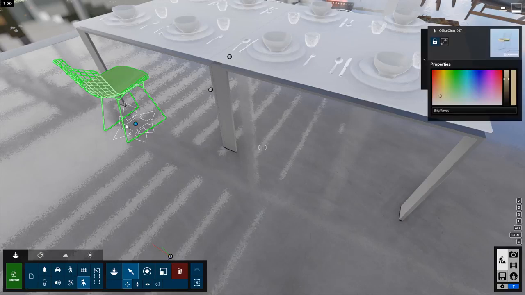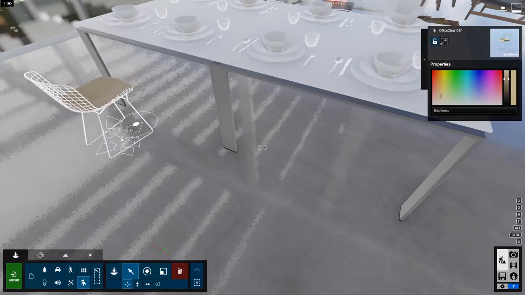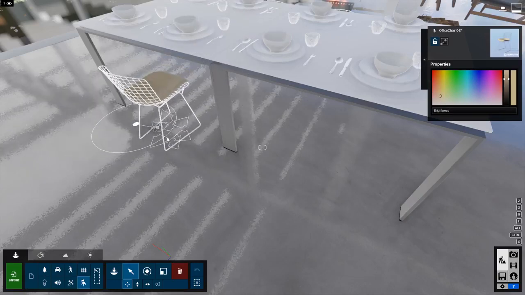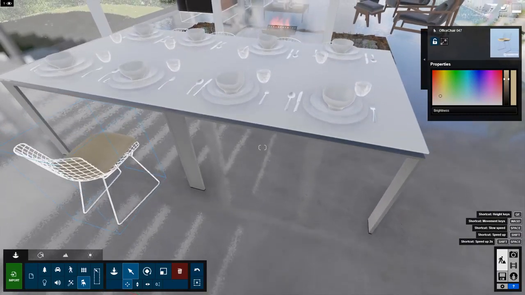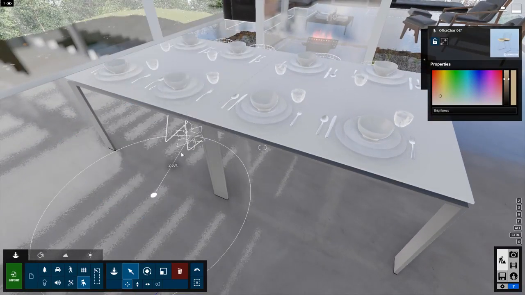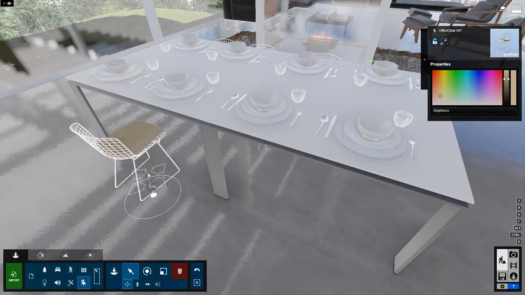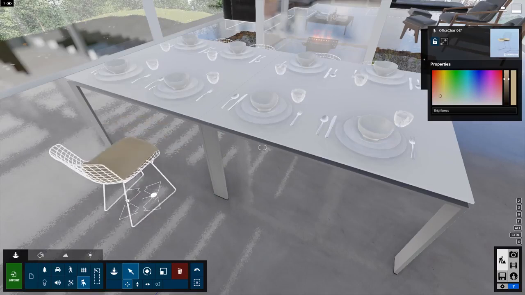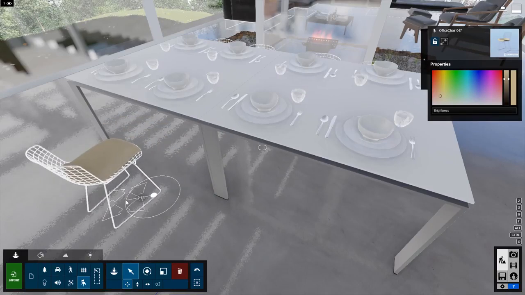All right, so when I click and drag, I can move this chair around, and it's just floating around and hovering up onto the table when I move in that direction. So let me change my view so you can see that. As I'm moving around, I can hop up on there. If I hold Shift, that's going to constrain the move to be only on that plane that it started. So that's kind of a handy shortcut. All right, so then all these shortcuts over here, always keep your eye on this.